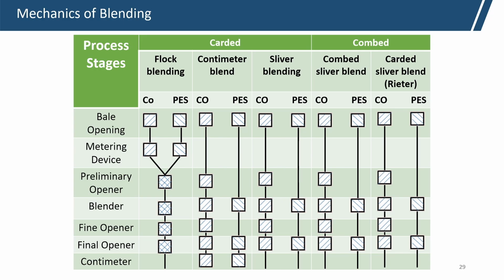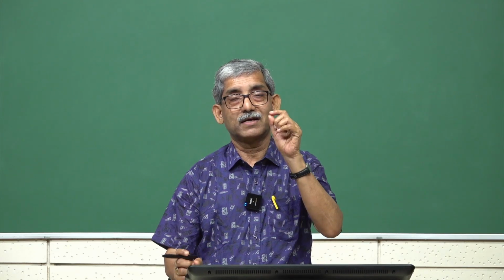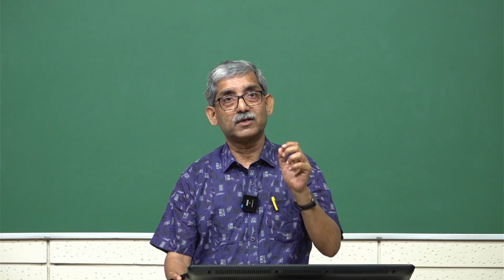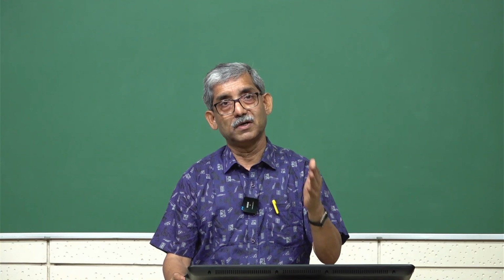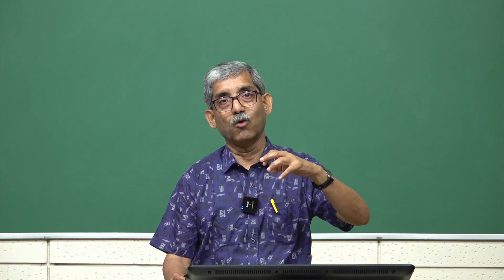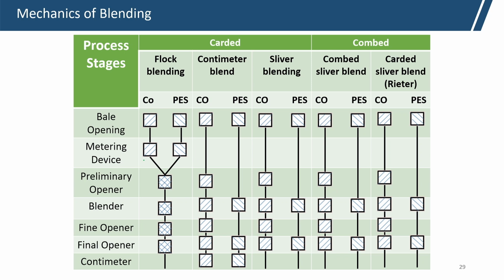Separately we are blending, bale opening is there, because the polyester and cotton, their actual compactness is different, their trash contents are different. Cotton goes through a harsh cleaning action, polyester does not need it. For polyester, simple opening is important and will be enough, but in the case of cotton a little bit harsh beating is there to make it open, and then we blend, we actually weigh, we meter depending on our blend